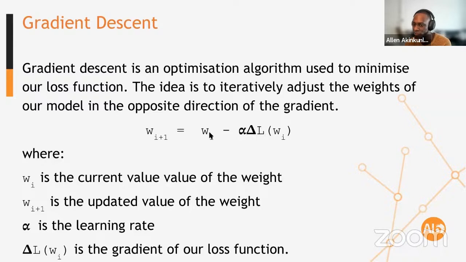That is maybe not a great value, right? Again, it takes the current value of the weights, and from that, it subtracts the product of the learning rate, which I'll explain, and the gradient of the loss function